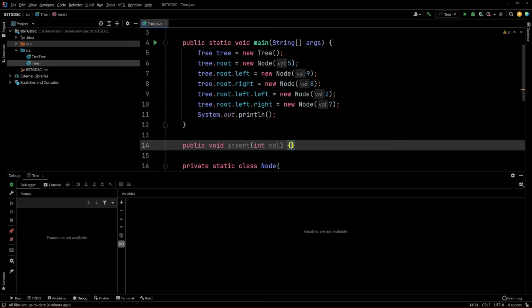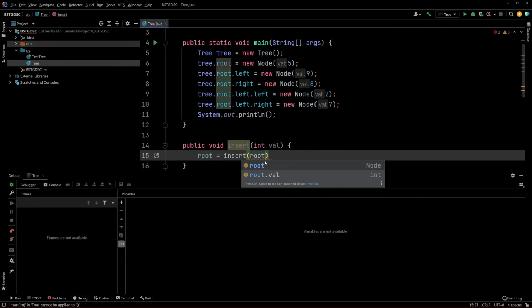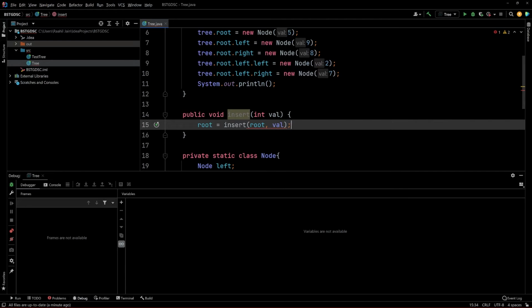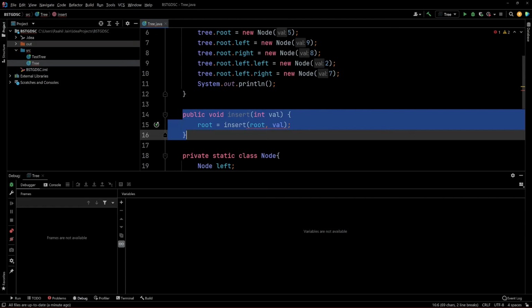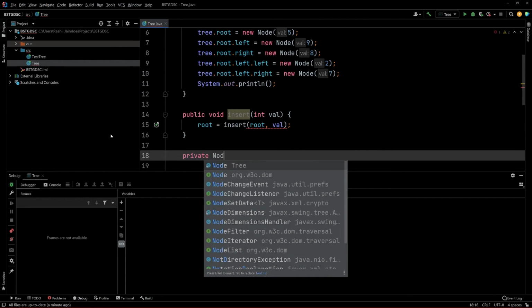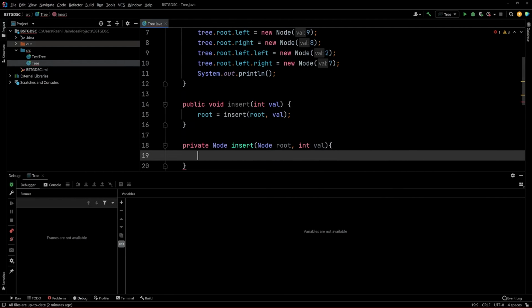Because again, remember, client code doesn't have access to a node, so they're not giving you a node to insert in, they're giving you a value to insert in. So then we're going to say our root is equal to our insert root value. So what's happening here? Well, for one, we're going to be using method overloading to have this method be exposed to the public, and then another method with a method signature of private node insert node root int val,